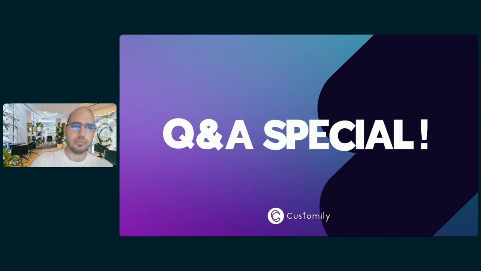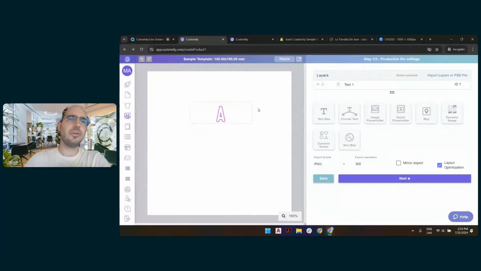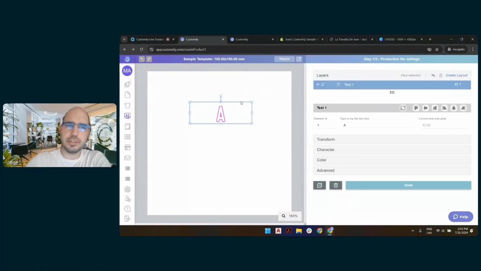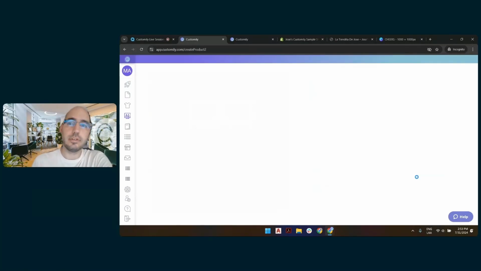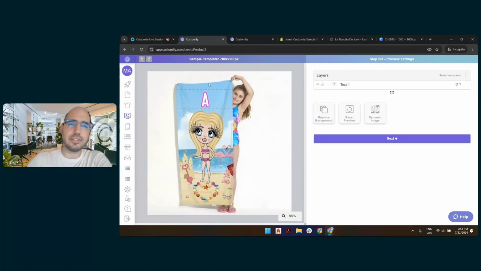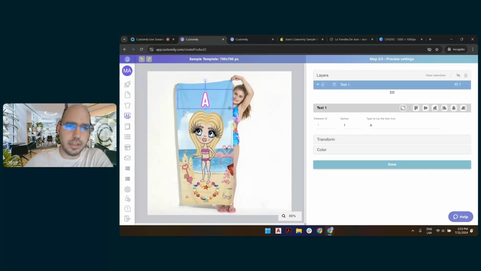I'm going to show you really quickly. Okay, so we have this design. This is going to be a single text, right? So it's printing like this. But we're going to showcase this on a towel, and this has this effect, okay? Ideally, this is basically the text right there. So we can call this, I don't know,